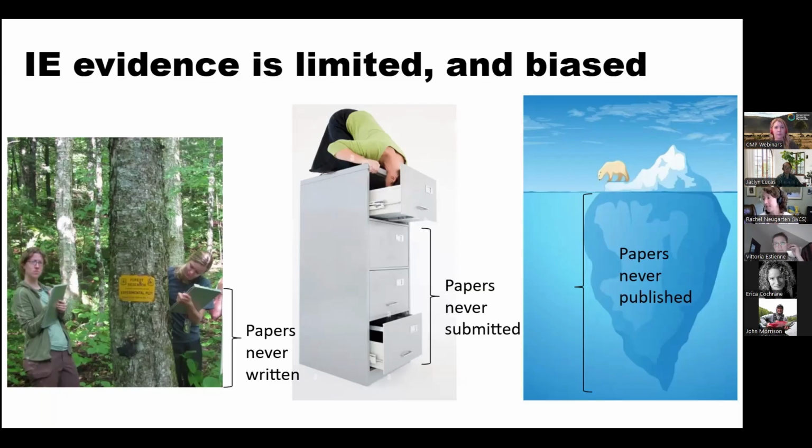And then last but not least, there's a publication bias, right? Journals are more likely to publish a paper that shows a statistically significant effect or that shows a positive effect. I started noticing that I could predict the direction of the effect in a given paper by the affiliation of the lead authors. If they were affiliated with conservation organizations, they were much more likely to have a paper that was positive, that was a success story.